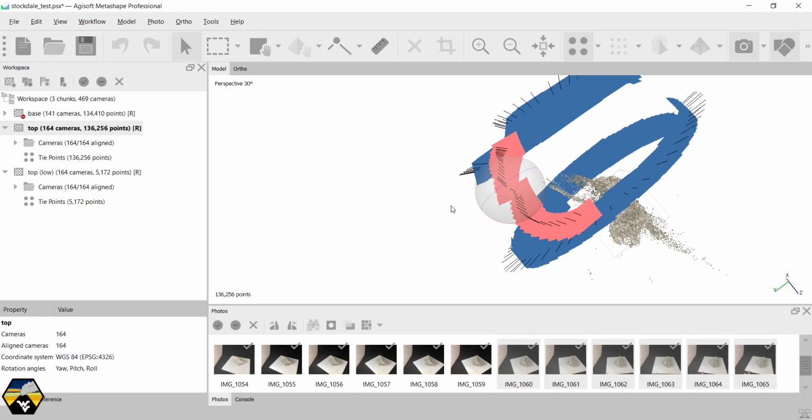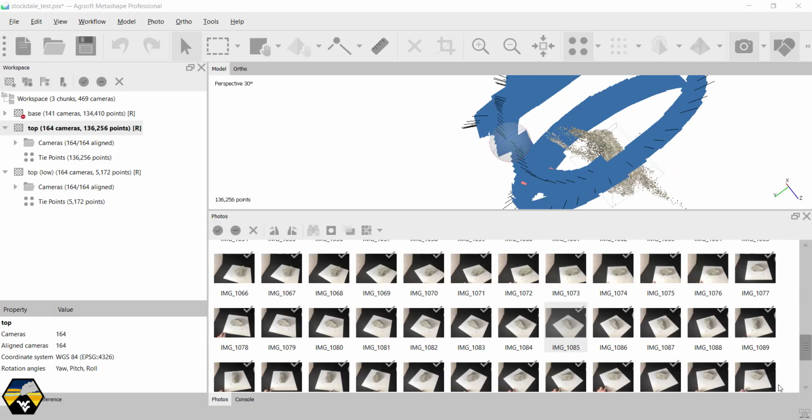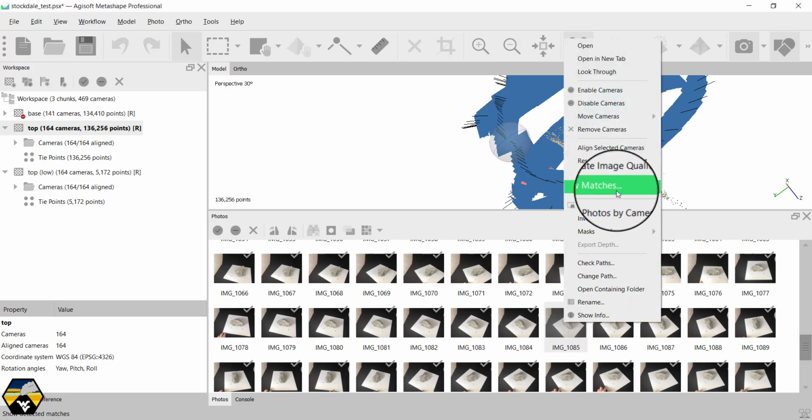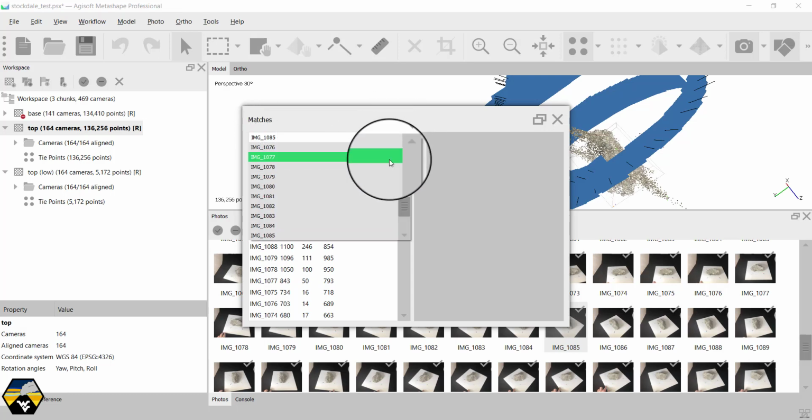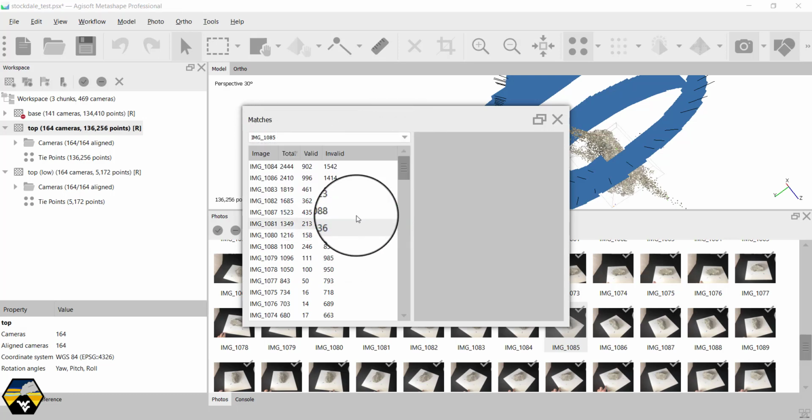So the next thing is to go in and actually try to... One way that helps to understand what's happening in the alignment process is to use the matches tool. So if you select one of the images, I'm going to take image 1085, right click, choose view matches. It opens a window. You can see we've selected 1085 at the top in this drop down. You could select any image there. We'll stick with